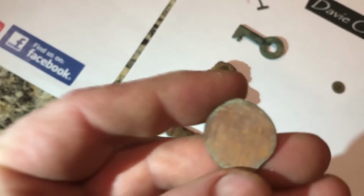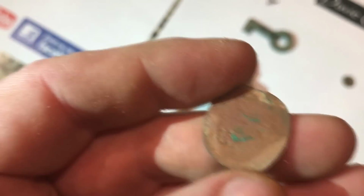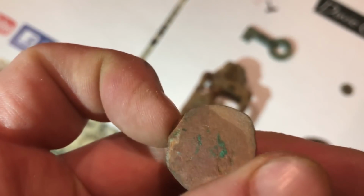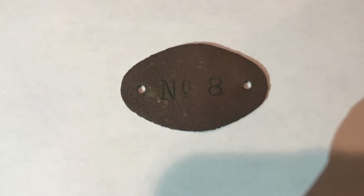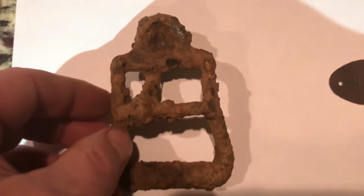I never really did find out exactly what this is. It's not perfectly round. I never could get any real discernible markings off of it, so I'm not sure if it's a coin or what it is. I showed you that tag that I found, number 8 on it, whatever that went to. The big old iron horse buckle